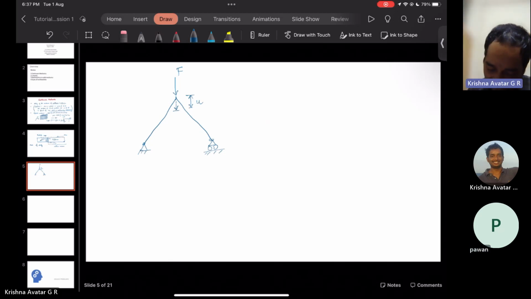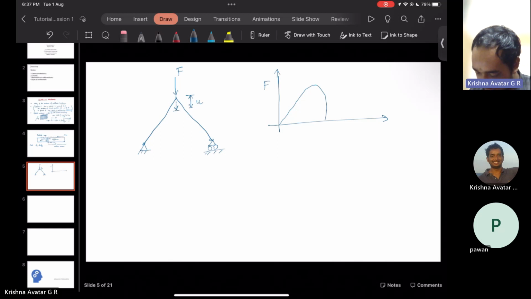So essentially, we are trying to get the relation between F and U, and it goes something like this. It starts at 0 force, 0 displacement, and then it has some sort of behavior. It goes down and then comes up again. I think I have got messed up with the force and displacement, so let me have the graph. The graph goes like this actually. I don't actually recall whether F or U is on this side, so we'll discuss that, and we'll derive a nonlinear equation